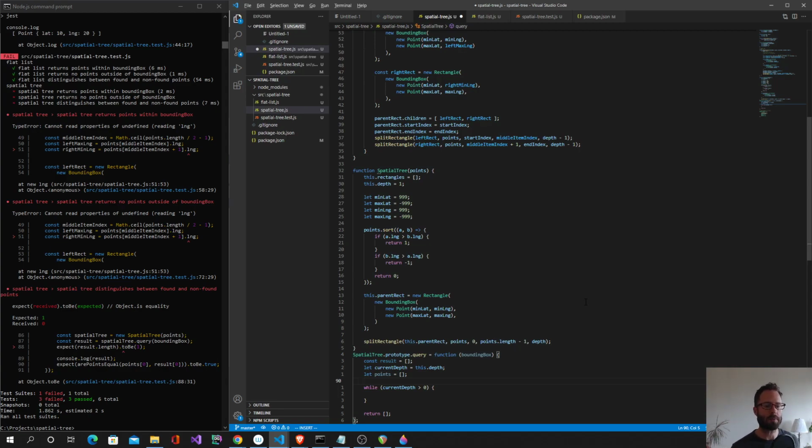Okay, so here's the tricky part. Since we're passing in a bounding box, the bounding box might not correspond exactly to our splits, our rectangles. So it could be a list of rectangles. And so then basically what we can say is,